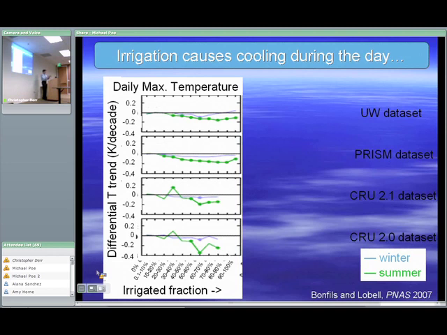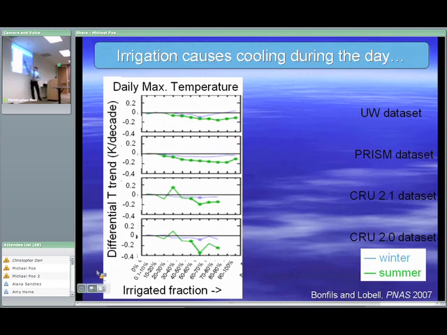They divided those regions into 50-kilometer squares, and they characterized each square by the irrigated fraction. That's what's shown on this axis. And then they looked at the temperature trend over 50 years in each of those squares. What's shown on this vertical axis is actually not the temperature trend exactly, but the difference in the temperature trend in heavily irrigated regions and regions that experience essentially no irrigation. The idea is to isolate the effects of increasing irrigation on temperature trends.